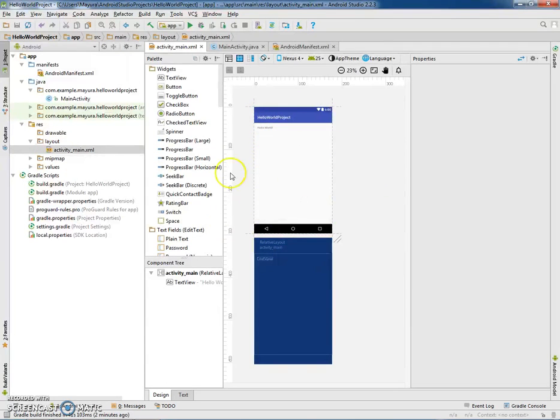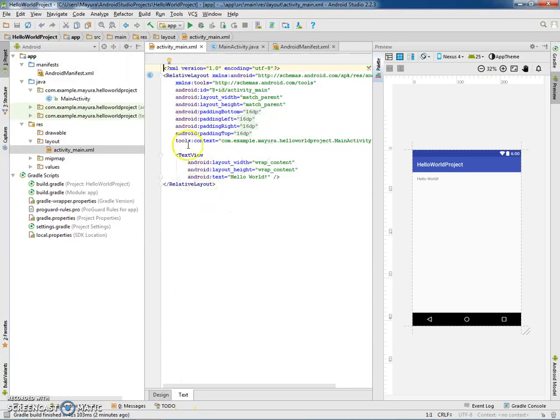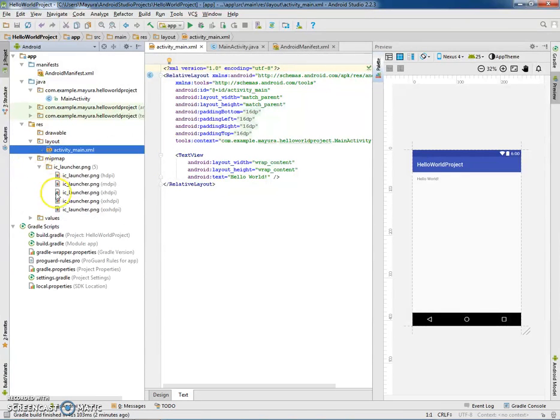This is the layout that is visible to the user on the launch of your application. So this is the UI design and the corresponding XML layout. And your launcher application will have the icon, and it will be using the default IC Launcher as your application icon, and that will be present in the mipmap folder.